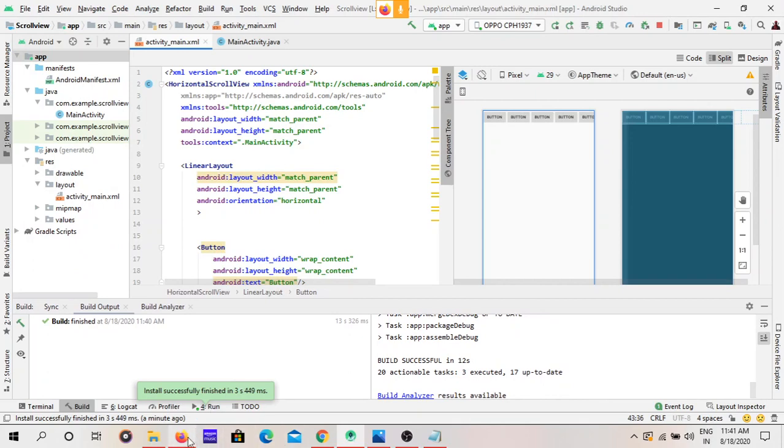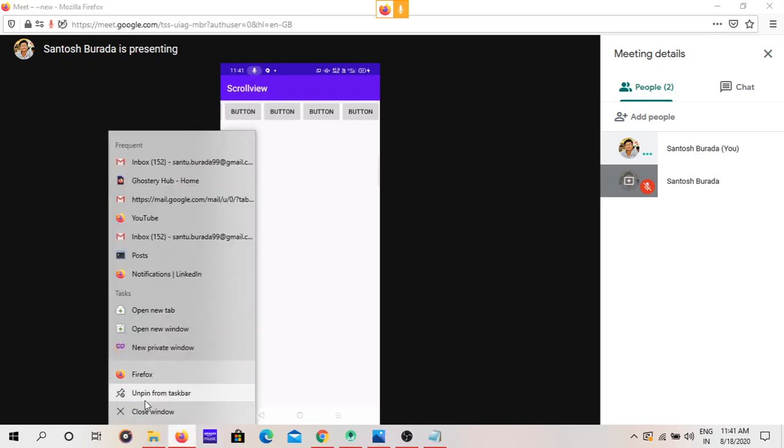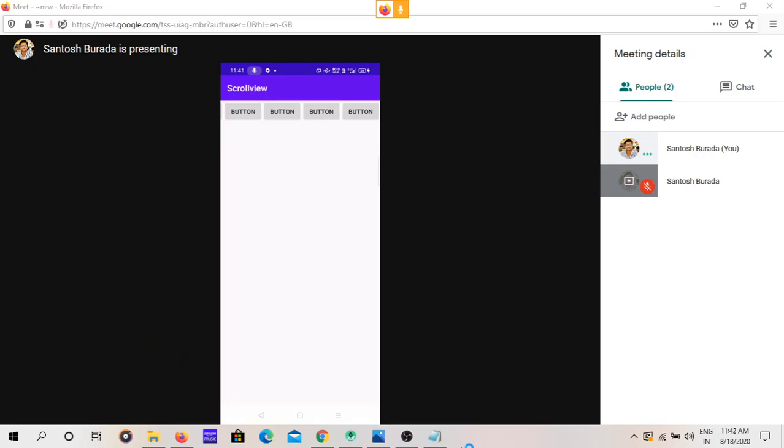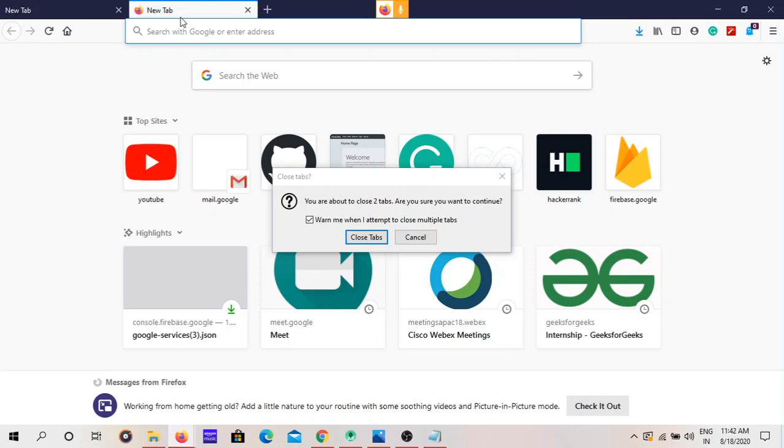Open your browsers. Go to Firebase, your Firebase accounts.